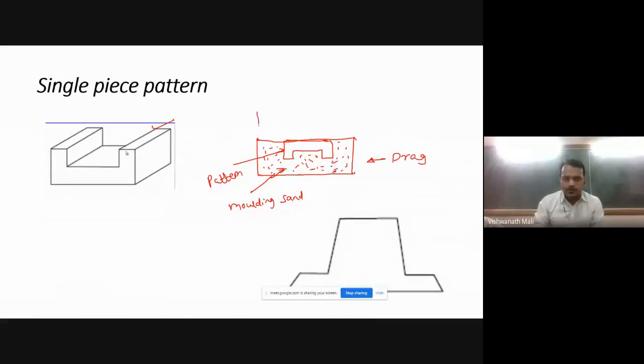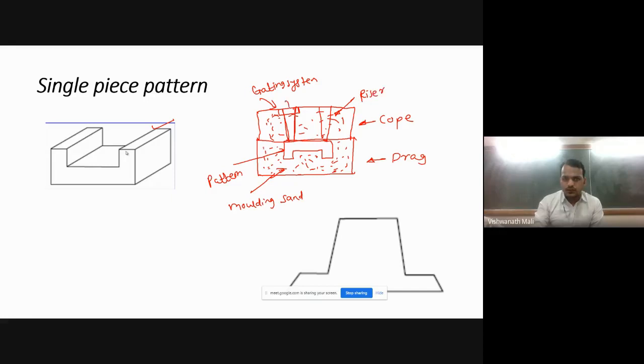Then what we do? We attach the cope part. Cope is also filled with the molding sand. Then what we do? We provide this gating system. So the gating system consists of runner, pouring cup, then this sprue part, and we provide the riser here.